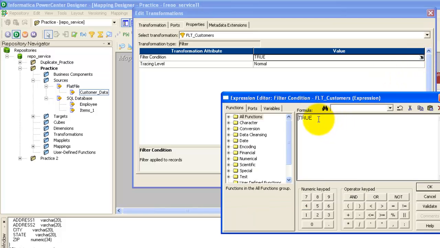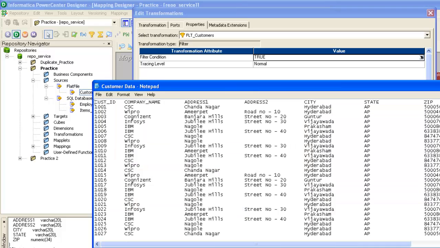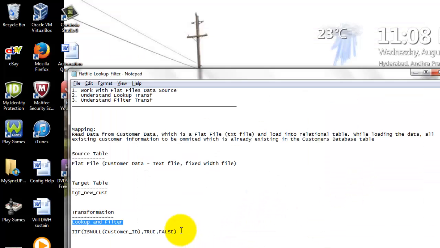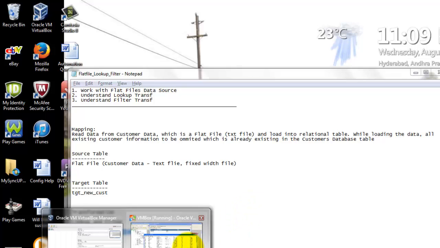What is our filter condition? I will explain the filter condition here. This is my filter condition.